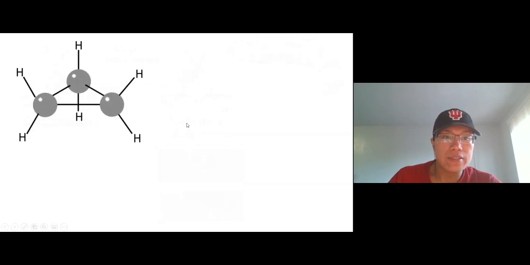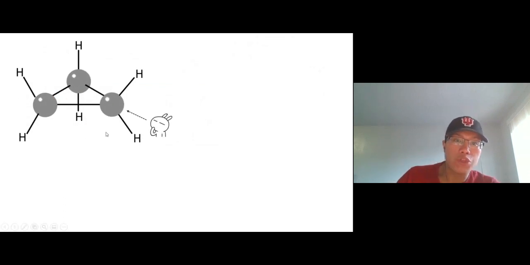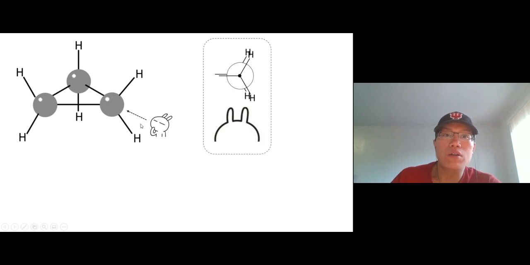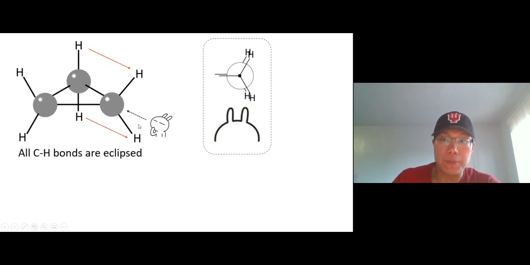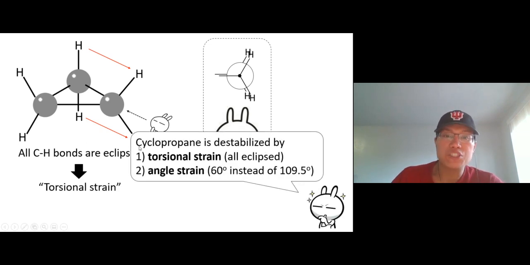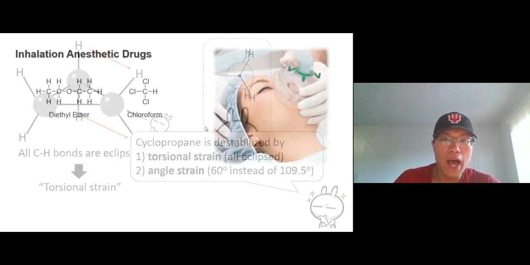Not only that, let's take a look at the structure of cyclopropane right here. If I look through this bond, carbon 1 to carbon 2, this is a Newman projection. What are you going to see? You will see all hydrogens eclipsed. This pair at the bottom, this pair and this pair, they're all eclipsed. So nothing is stable there: torsional strain. So if I ask you why cyclopropane is not stable, it's torsional strain and angle strain, a lot of them, right?